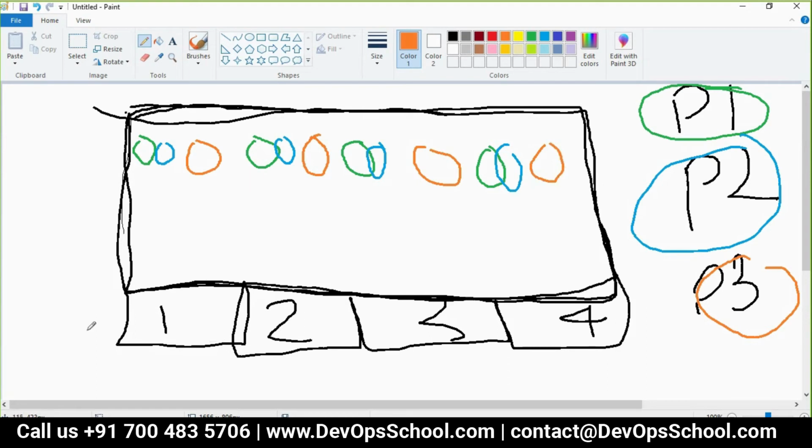Now one of the incidents, what happens? In project 1, there is a bug actually in the code. And because of that bug, it started consuming too much CPU. So when this one consumes the CPU and RAM of this node, right?